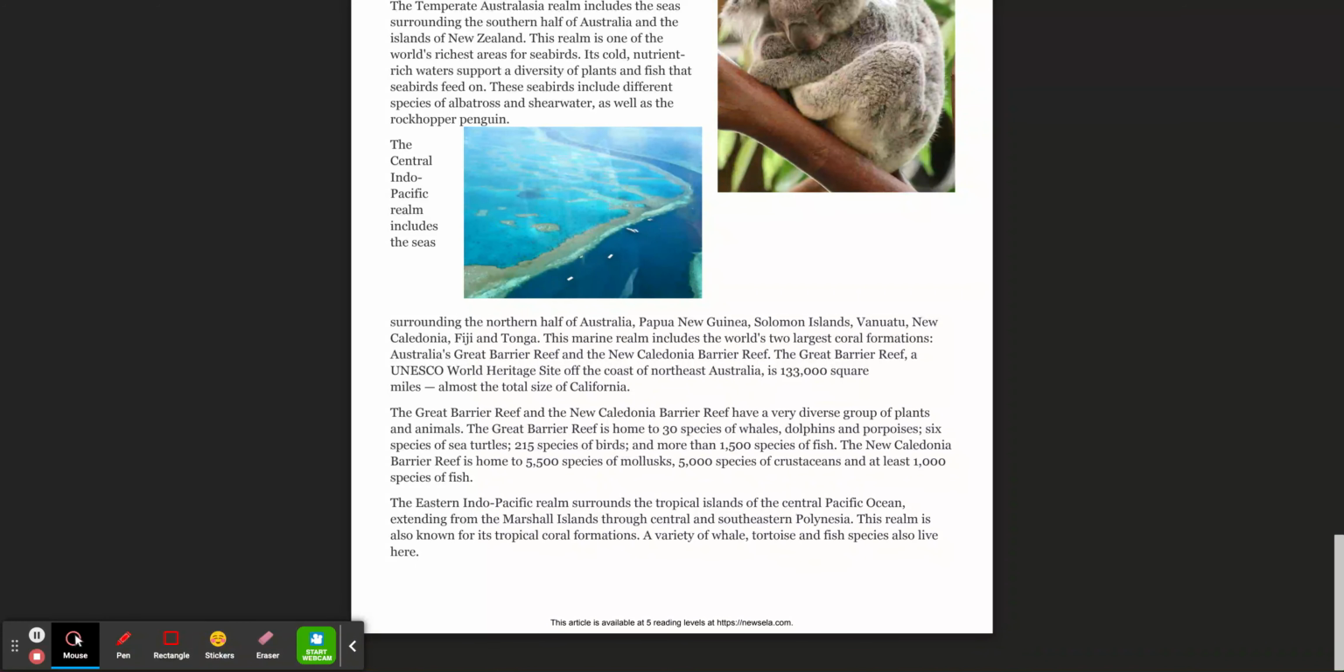The Great Barrier Reef and the New Caledonia Barrier Reef have a very diverse group of plants and animals. The Great Barrier Reef is home to 30 species of whales, dolphins, and porpoises, 6 species of sea turtles, 215 species of birds, and more than 1,500 species of fish. The New Caledonia Barrier Reef is home to 5,500 species of mollusks, 5,000 species of crustaceans, and at least 1,000